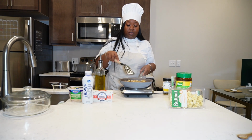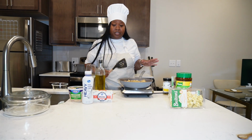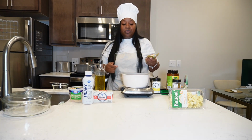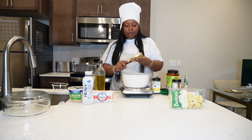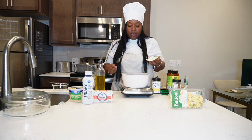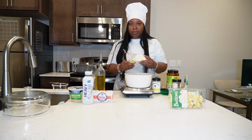And just let that cook. All you got to do is let the shrimp cook about 3 minutes on each side, and it's pretty much good to go. Our chicken and shrimp is all browned up. We're going to add some more of that garlic and herb butter to a pan. Let it melt down so we can make our Alfredo